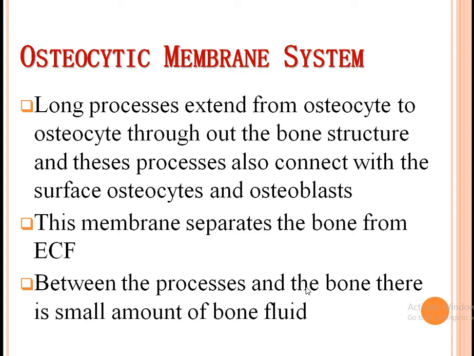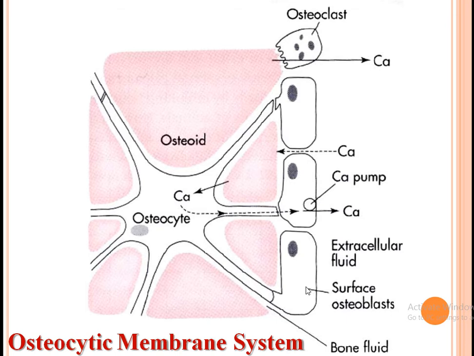The cell membranes of both the osteoblasts and the osteocytes have receptor proteins for binding parathyroid hormone, which can activate the calcium pump strongly. You can see from this picture that this is the osteocyte. Through these lamellae, they are connected with each other and also through the osteoblasts lining the bone. And here the calcium pump is acting, through which calcium ions come continuously to the extracellular compartment.